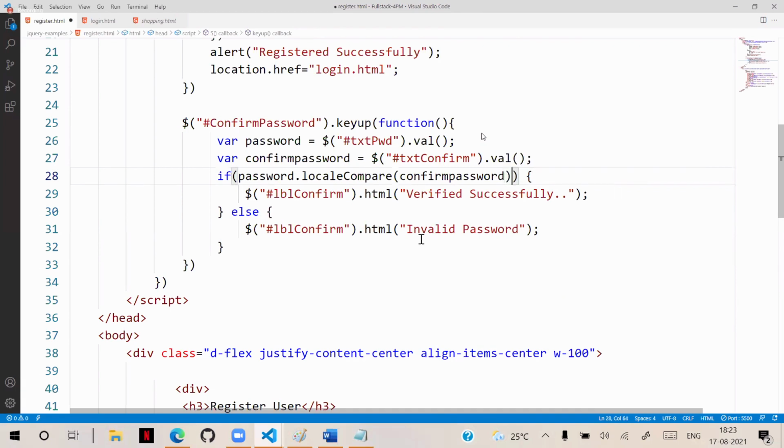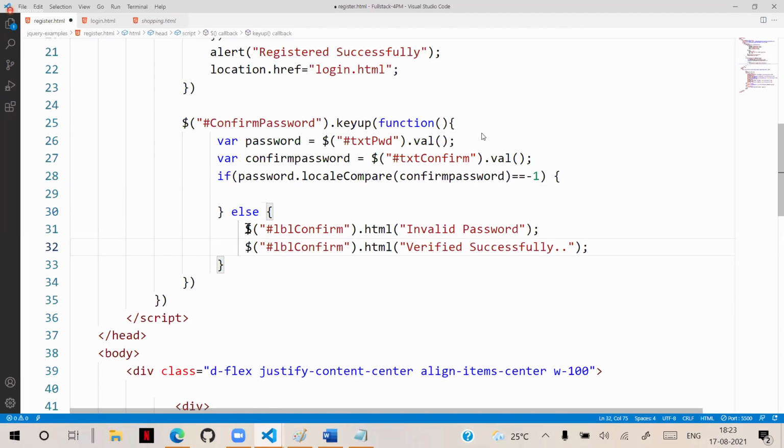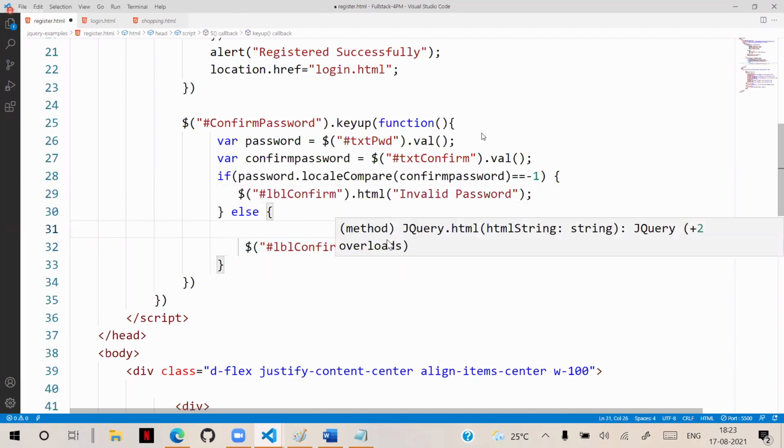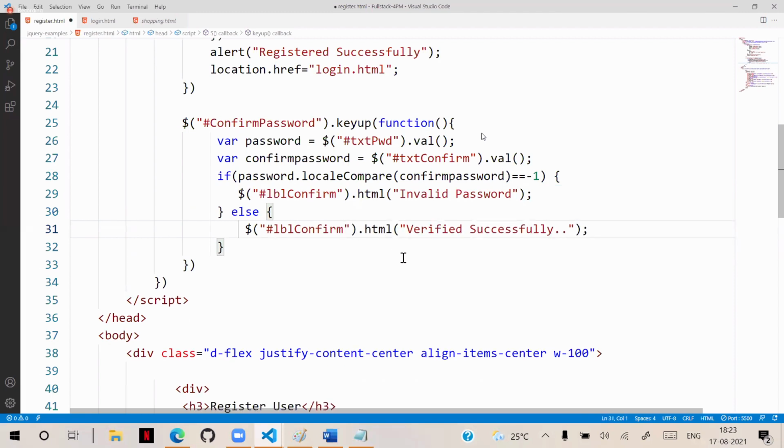After comparing, if it is returning -1, that means it is not matching. If it is not matching, then we want to display a message like invalid password. If it is matching, then it should display verified successfully. These two things it should display. That means whether it is matching or not, we need to do.